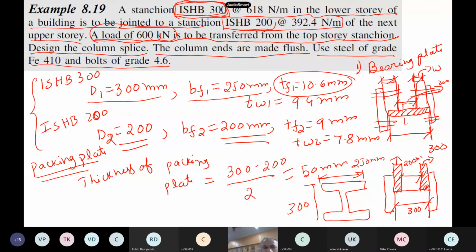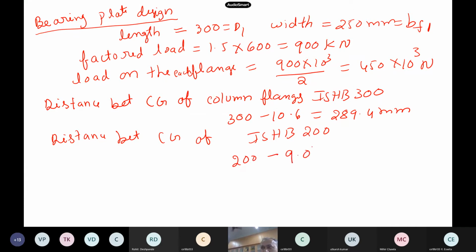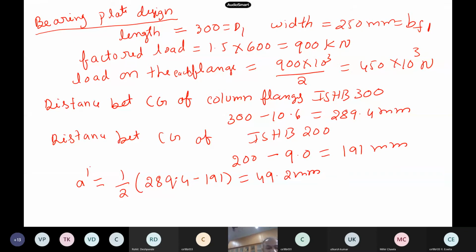That is how we compute the CG distance between the column flanges. Similarly, the distance between the CG of the bottom ISHB 200: 200 minus the thickness of the flange, here it is 9, so 191 mm. Now A dash will be simply 1 by 2, because you have both sides, of 289.4 minus 191 mm. This turns out to be 49.2 mm. This is my A dash.